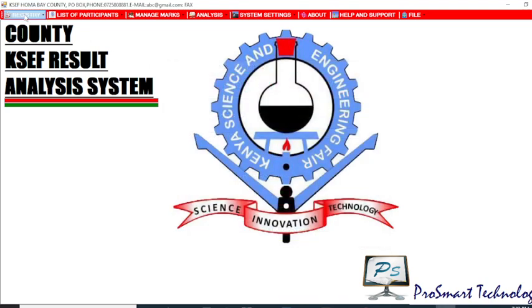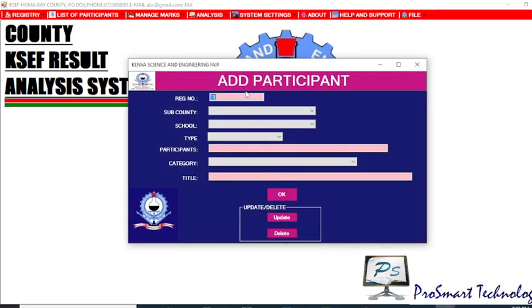Then the next thing that you have to add now, which is very, very crucial, is participant. So you can see the participant here. The registration number here is auto-generated. So all those participants who are coming to the county level must be added into this particular system before competition day. So, for example, this participant number 18,